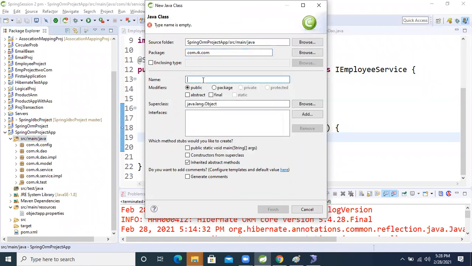I'm taking the name as component, and I'm giving the name Employee comp, EMPLOYEE COMP. After that, finish it.